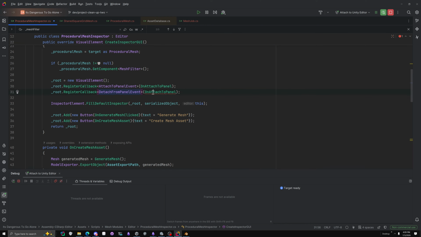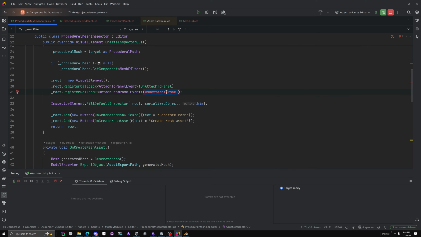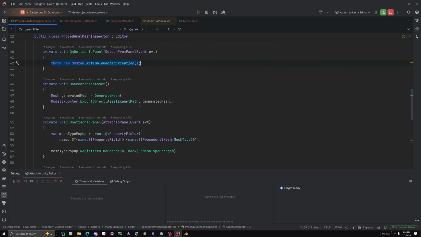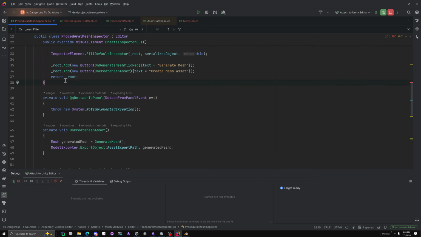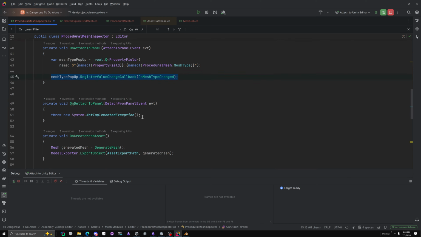So what I forgot to do was clean up my event calls. So what's happening is this value call, where is it? I drag this up here. Because I accidentally forgot to clean up this one specific mesh call, the register value change callback on mesh type change, this is actually